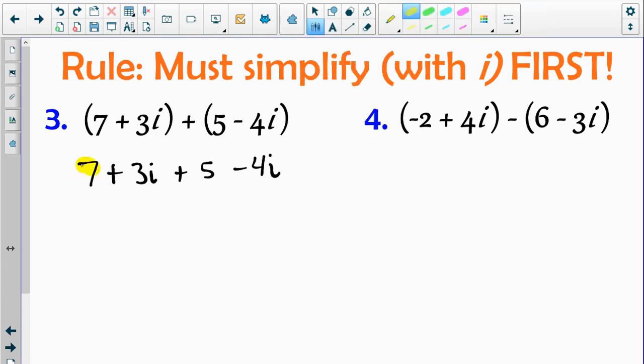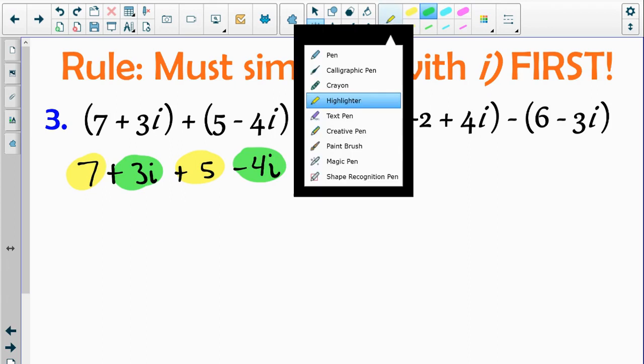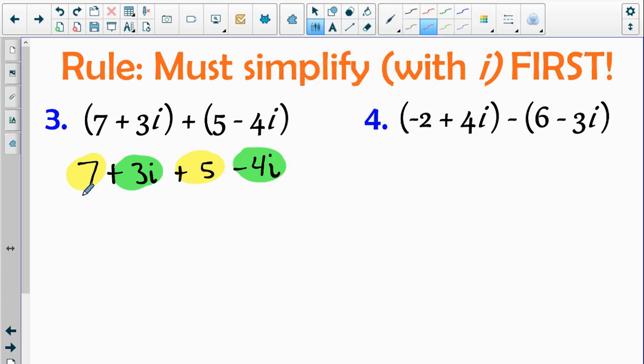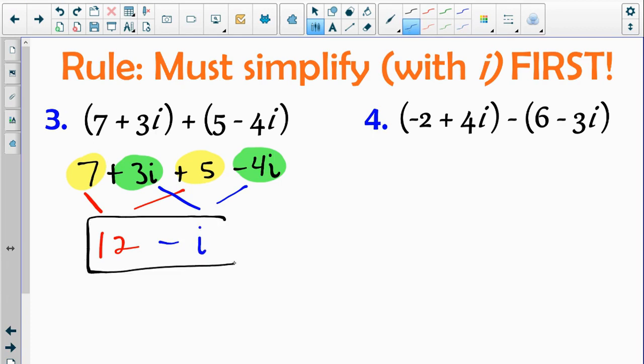So my real number parts, I have 7 and 5. And my imaginary parts, I have 3i and -4i. So we combine what we can. So 7 plus 5 is 12. And then the imaginary parts, 3i plus -4i is -1i. So we get 12 minus